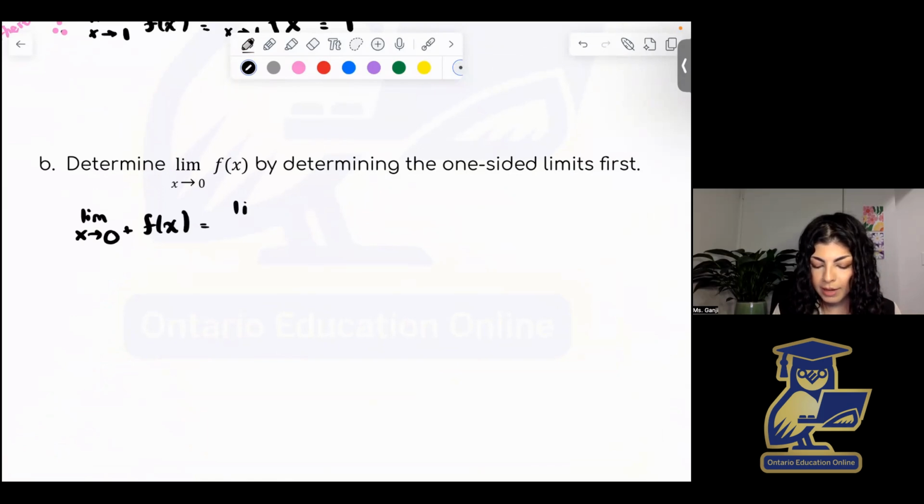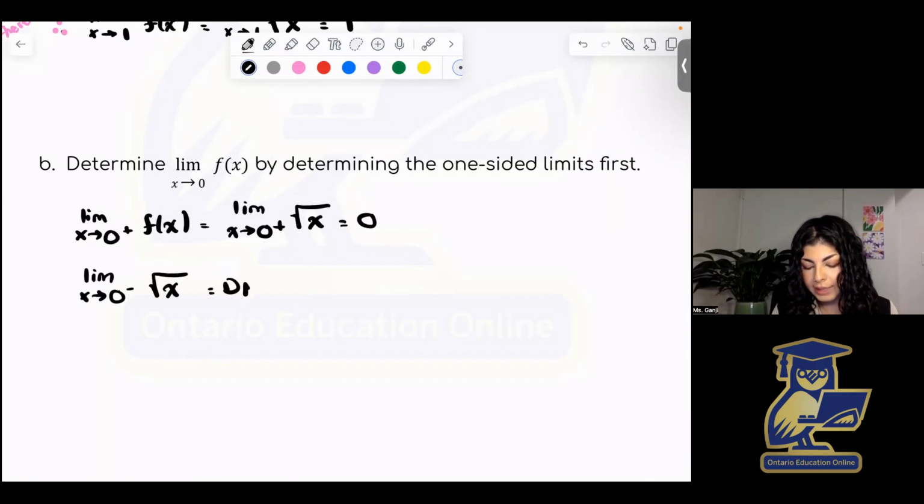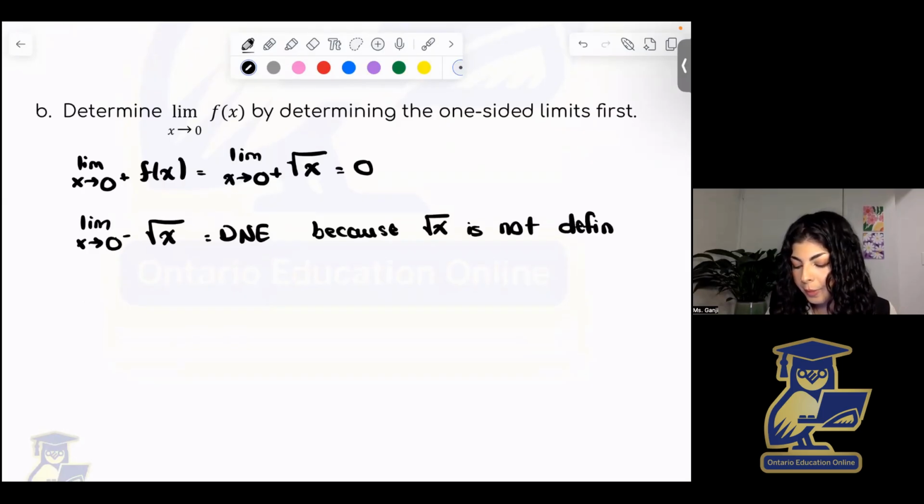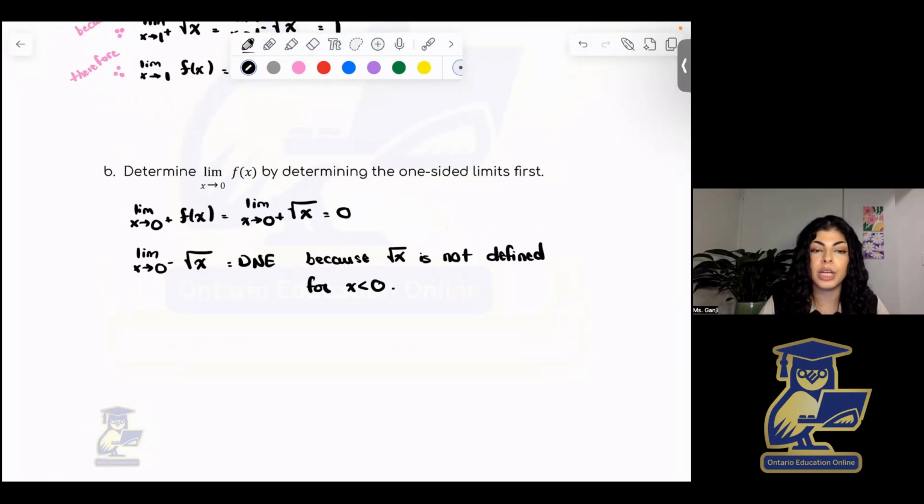And this will just be 0. However, my limit as we approach from the left-hand side does not exist. So the one-sided limit itself does not exist, and we say because square root of x is not defined for x below 0. And this just goes back to our original definition of limits,